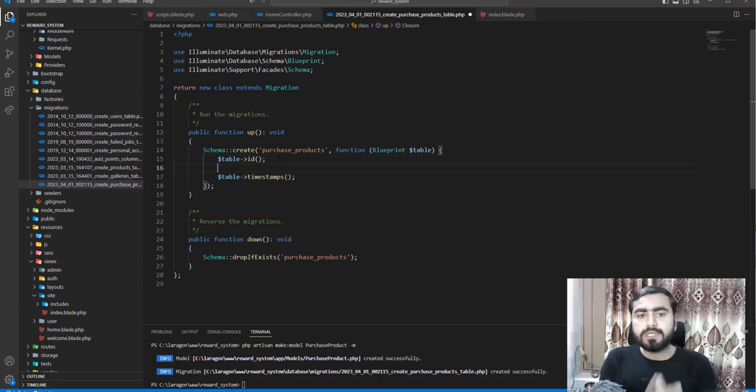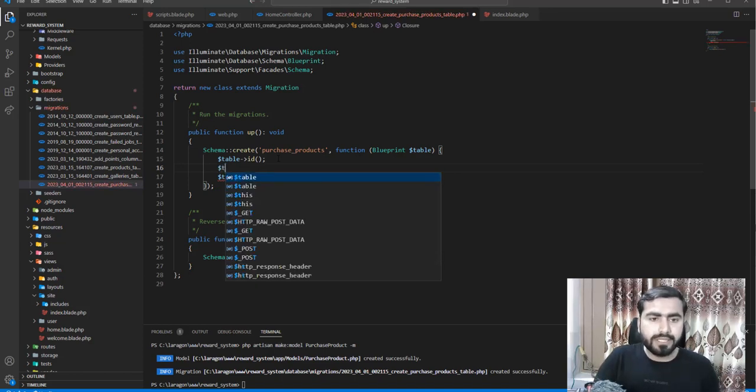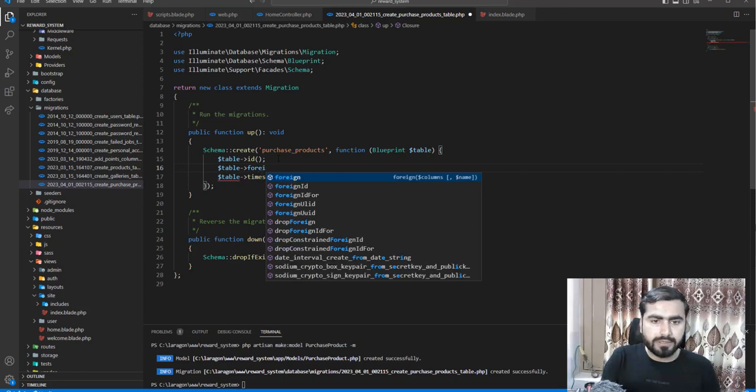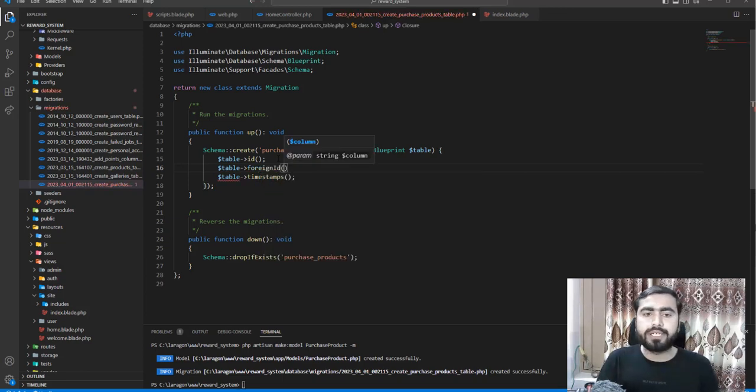Okay, so now here I first need a foreign key of user ID. So first add the user ID here, table, and then foreignId. This one is a helper, and if you want to know how this IDE is suggesting the helpers and more options which are not visible to you, right? For this I'm following the